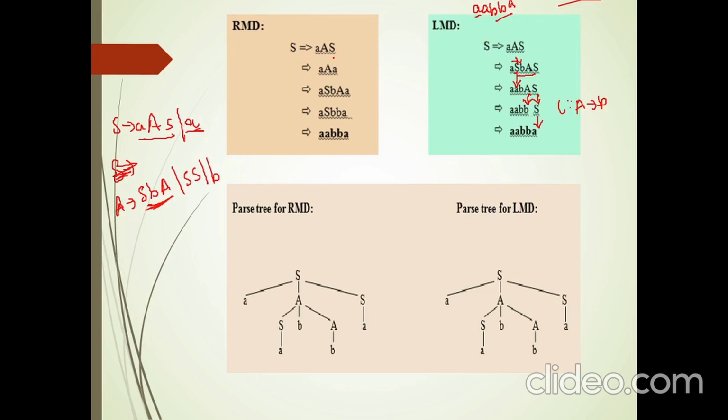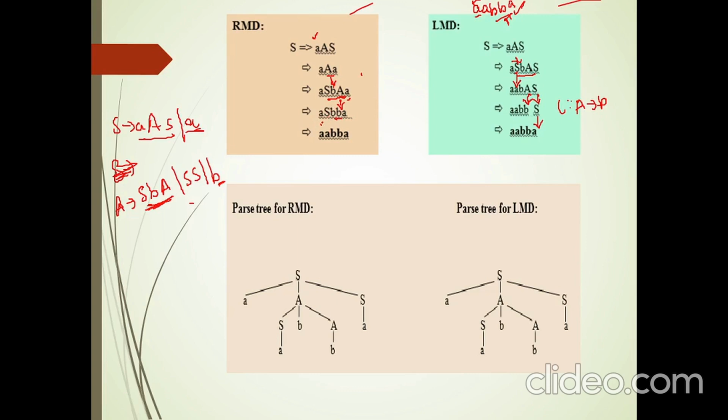S gives AAS, then I've already got one A from this. Next I have to get one more A, so A can give me SBA. Now among this, see there are two non-terminals at this place. The rightmost one is A. So here already I have obtained A, so that means this is done. This character now I have to get is B. So A can give me B, and here I already have one B. So A directly you can apply A gives B. So I got A, S, B, B, A.